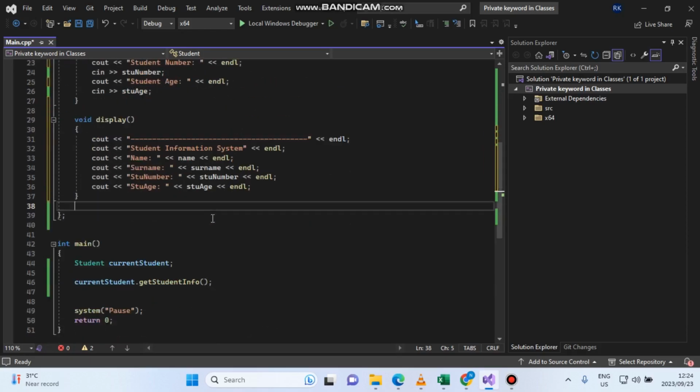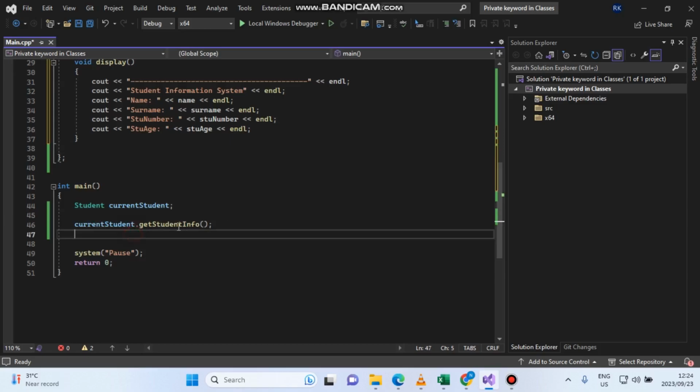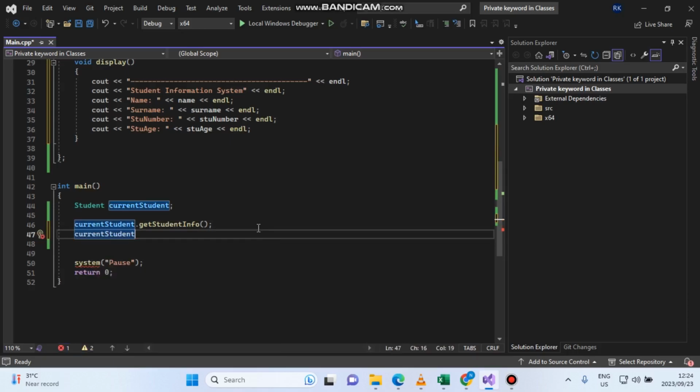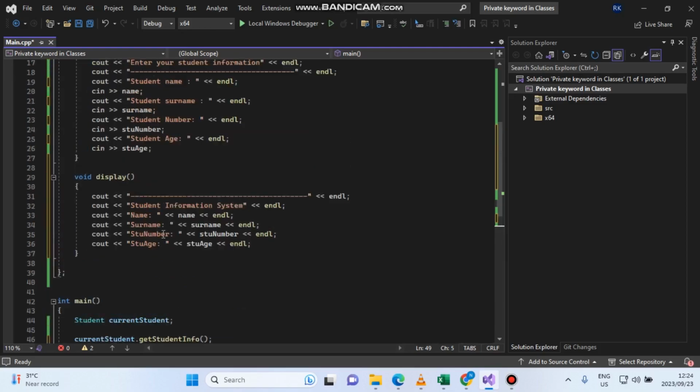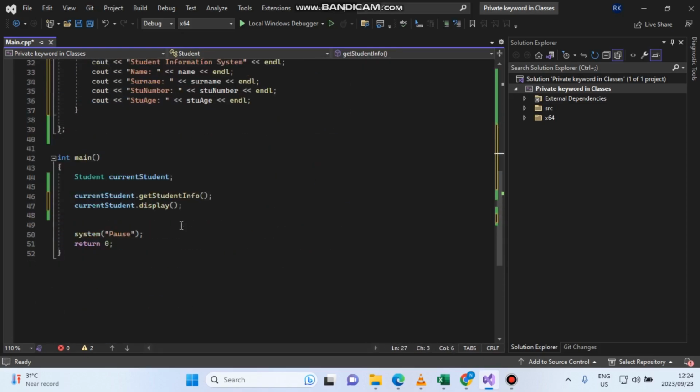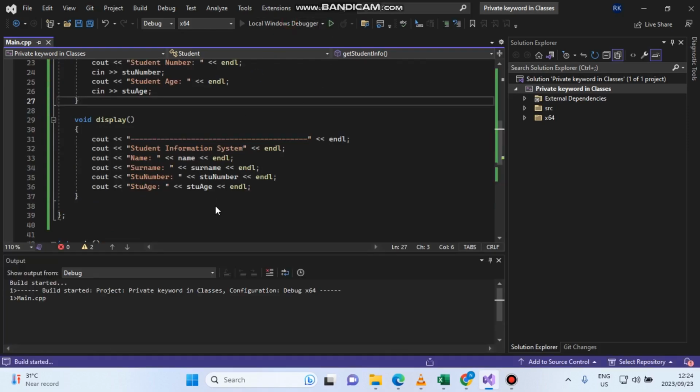So if we come back to this current student object here in the main function, let's say current again. We want to extend the second method. If you click on the dot operator, display. Now the display function here by its definition will eventually display all the inputs from the get student information function here. So if we run our program here,